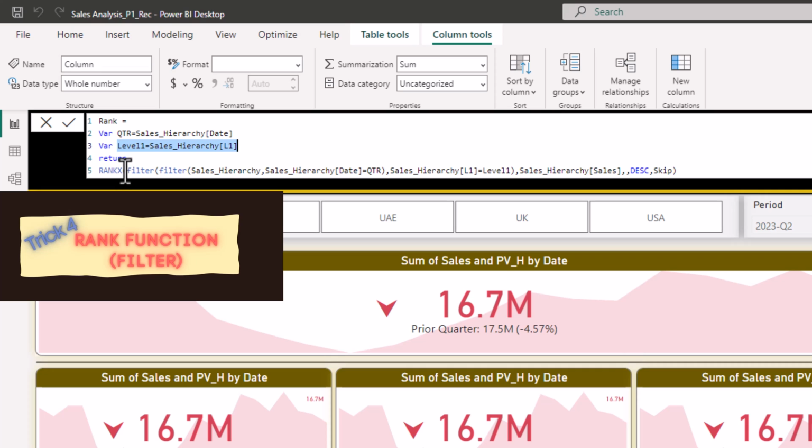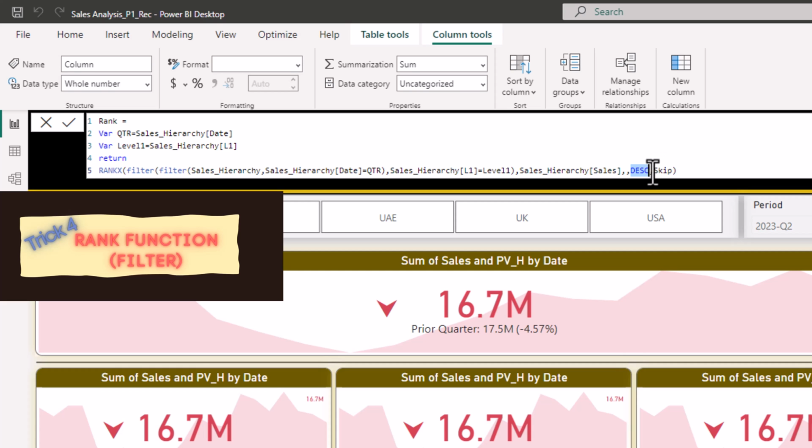Next, we'll use the RANKX function that will be able to provide a rank for each of the records in the table based on the sales value. We feed a slice of the table, filtered first for the period and then filtered again for the country, and we'll have the rank as descending. That means the biggest sales value will have number 1.